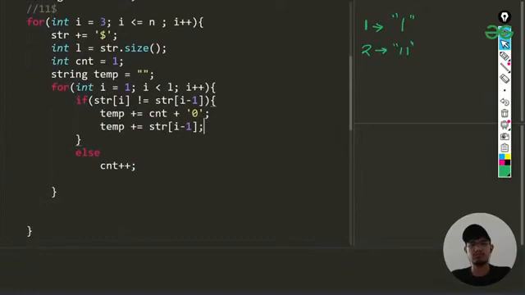Okay, and one thing I need to make sure of, so where is this else condition? So after this, once I am doing this operation, I need to make sure that I am updating my str to my temporary string, or basically whatever string I have created.